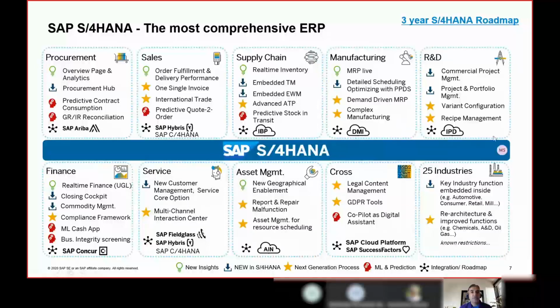And similarly, all these innovations are being delivered. Until 1909, we have delivered a huge number of these innovative solutions. But we are not stopping over here. We are also giving customers a 3-year view, a roadmap basically, which is nothing but an insight into the next 3 years, so that customers can plan their business transformation accordingly. This 3-year roadmap is also publicly available for our customers to look into and then plan their transformation journey accordingly.